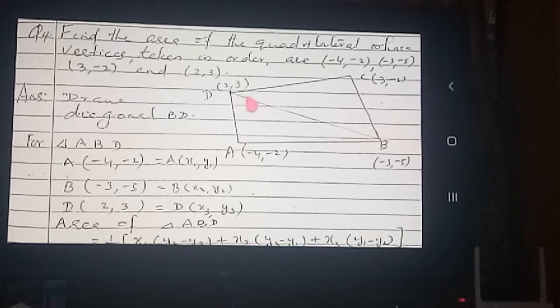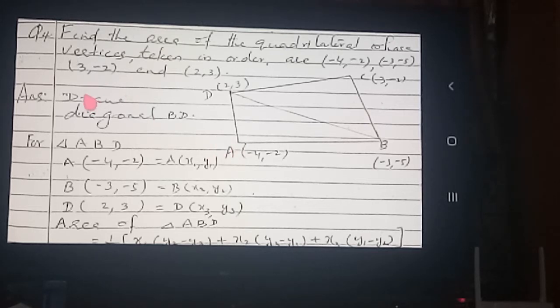When you are drawing this diagonal BD, you will get two triangles. So the area of this triangle, find out by formula. Area of this triangle also you find out by formula. For getting the area of this quadrilateral, you add the area of both the triangles. Are you clear? In any case, if a question on area of quadrilateral comes, the area of one triangle find out and the area of the other triangle also find out. Then add the areas. Okay, clear? Got the method? Okay, listen.